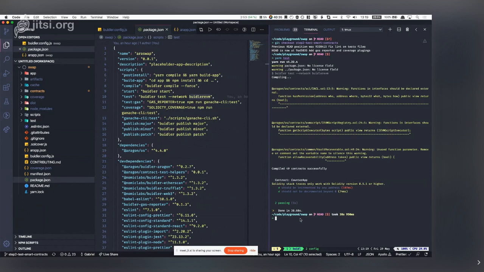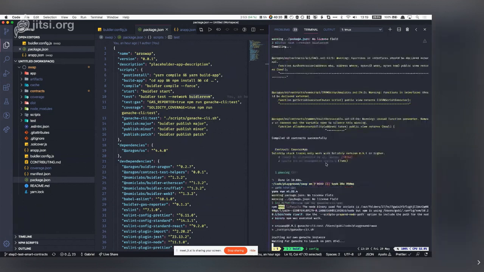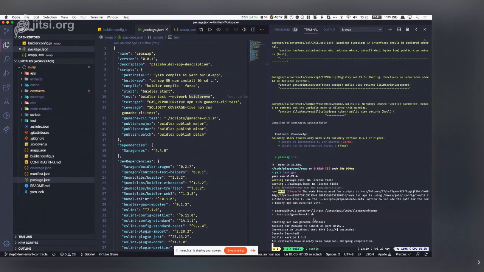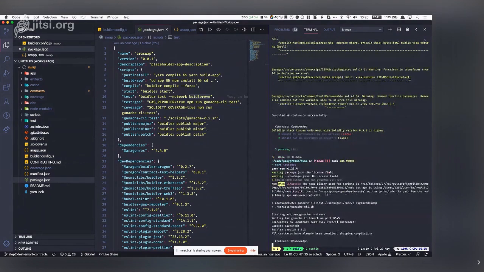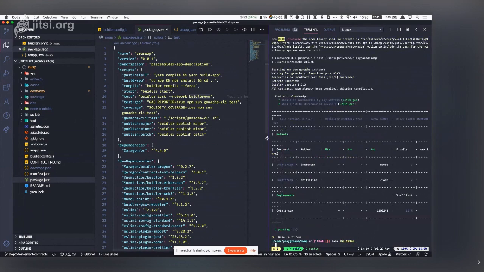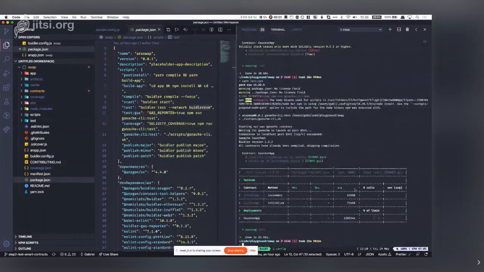So now we get this, and now we are going to run gas. What this is going to do is run the script that I briefly mentioned, and it is set up to start the Ganache CLI. As I mentioned before, this is needed because the Builder EVM does not yet support some of the gas reporter methods, so you need to do that with Ganache for now. And with that super easy